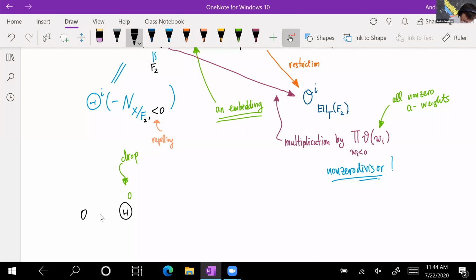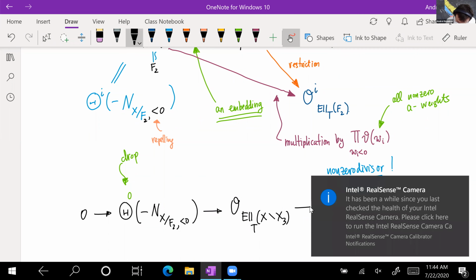So zero goes to minus theta bundle x over F2, which goes to O of elliptic x minus x3, and then goes to